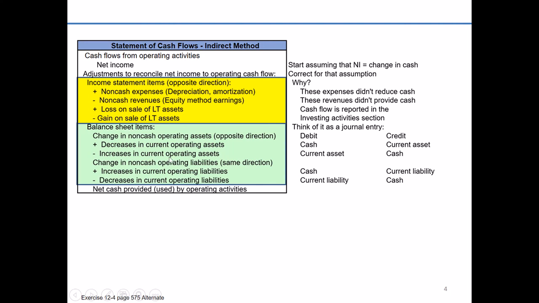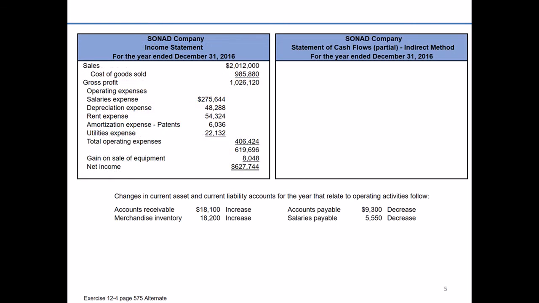All told, when we make all of these adjustments, we're going to transform net income to net cash provided or used by operating activities, depending upon whether we have an overall inflow or outflow. So that was a quick review. Let's take that quick review and actually apply it to Sonad Company. So we said our starting point is going to be our net income from our income statement, which is going to be